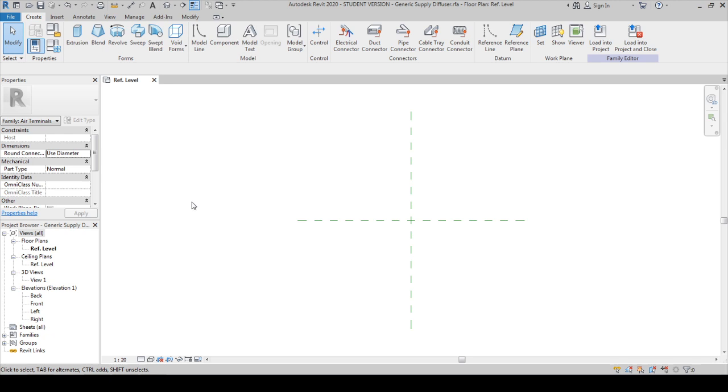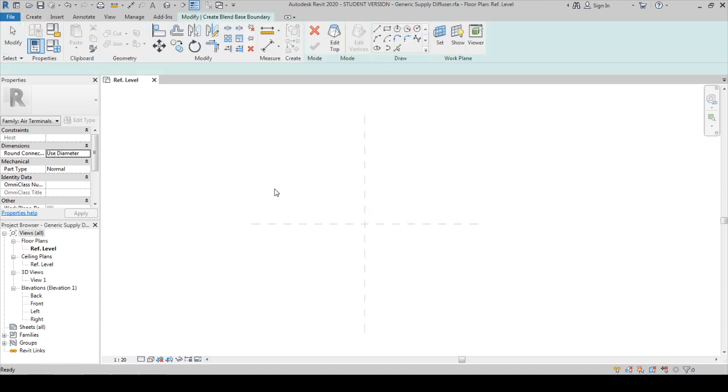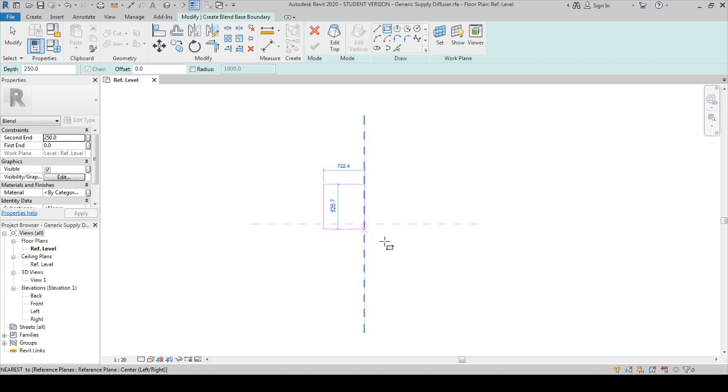The family requires a shape, which is a blend shape like this one, which is very simple. We need to create a parametric Revit family, so you can simply take a blend and create a rectangular shape. We are editing the bottom of the blend. You just draw it